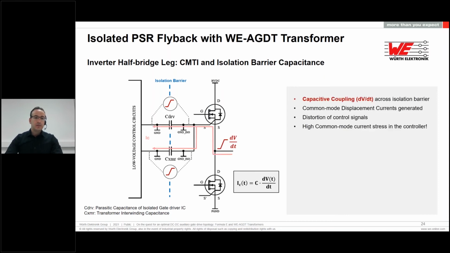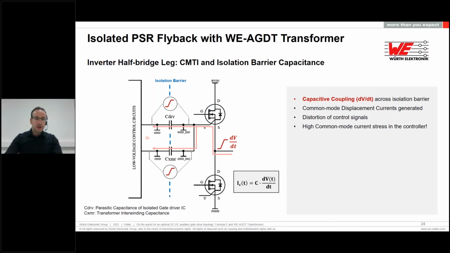When the high side device switches on, a very high dV/dt appears on the switch node. Now we should note here that the source terminal of the high side device is directly connected to this switch node, and it also serves as the isolated ground or voltage reference of the gate driver system of the high side device. This results in this high dV/dt actually being applied between the isolated ground on the high voltage side and the quiet ground on the low voltage side.